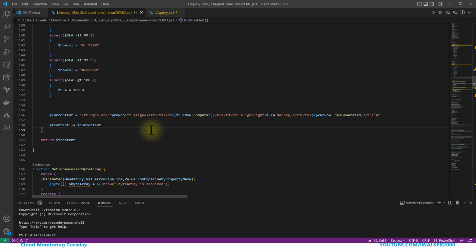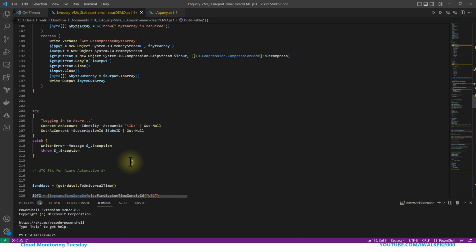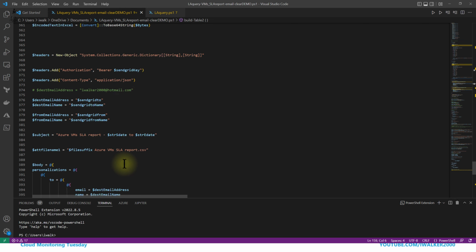This is exactly how we are working, right? And after, we just send it, we generate a base64 array if we need CSV, and after that we generate the part of the code